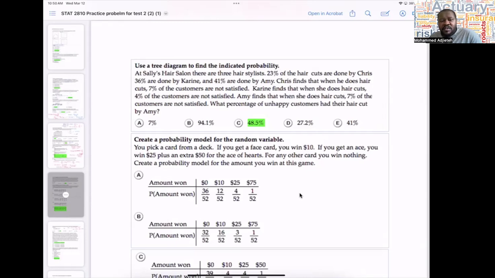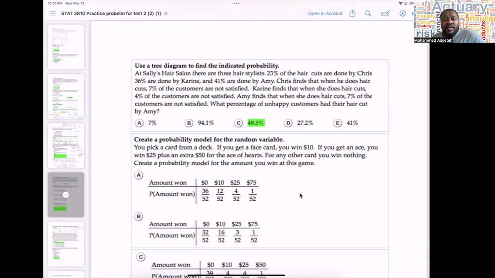We've been given certain information, and then we are asked to find what percentage of unhappy customers had their hair cut by Amy. So